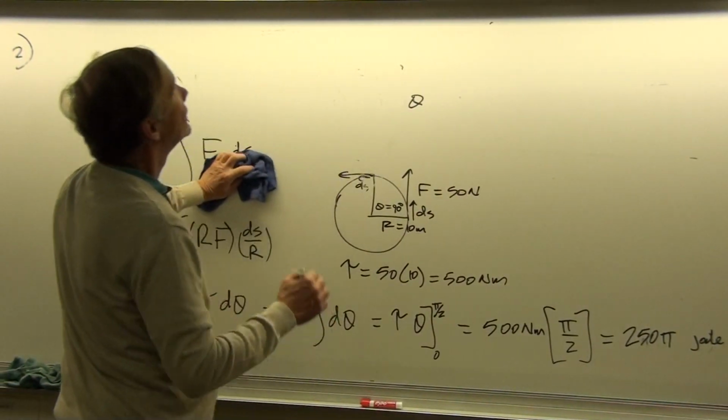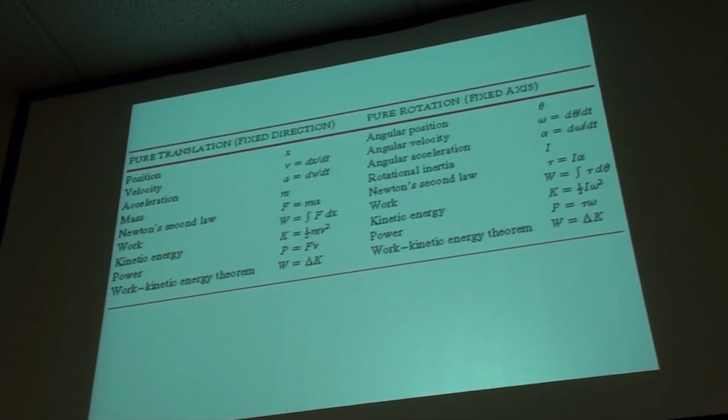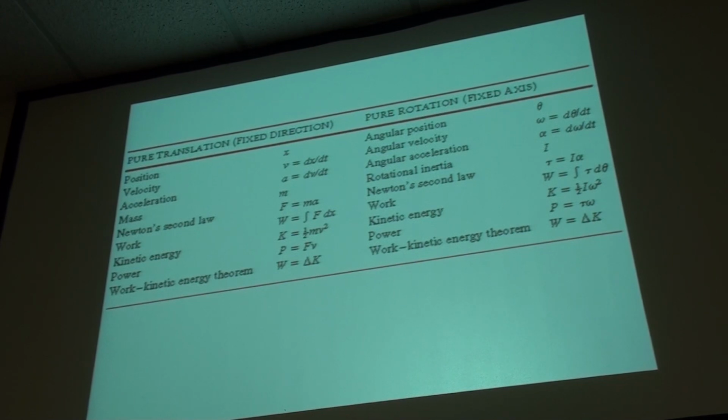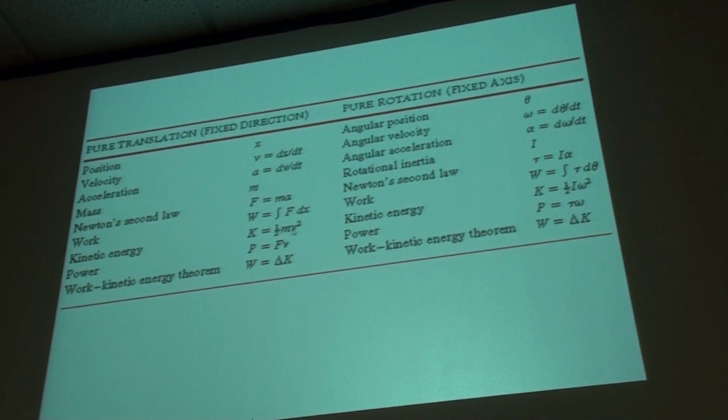Now the other thing that I wanted to look at, if we can just look at this data projector screen one more time, is the idea of energy. You'll notice here that the kinetic energy in pure translation is 1/2 mv squared. But the kinetic energy in rotation, if we take the mass and replace it by the moment of inertia, take the velocity and replace it by omega, using that correspondence principle that I was looking at earlier, gives us a kinetic energy that's equal to 1/2 I omega squared. So this is the kinetic energy of rotation.